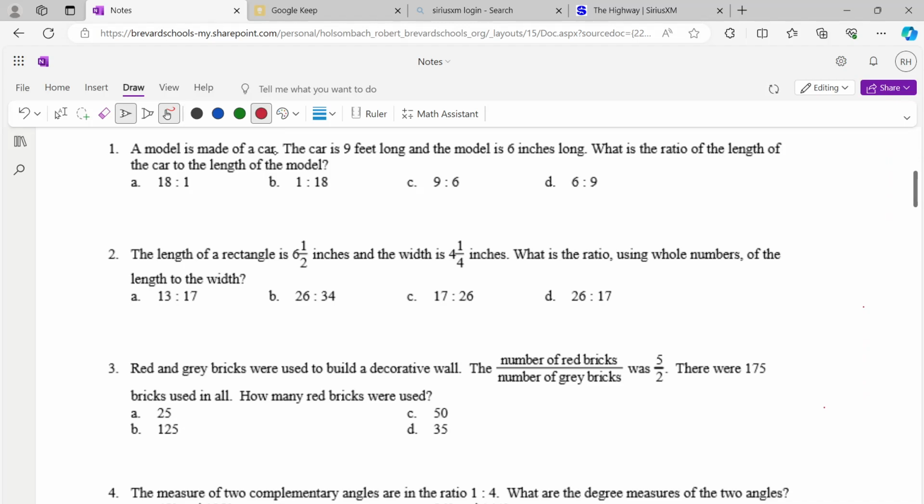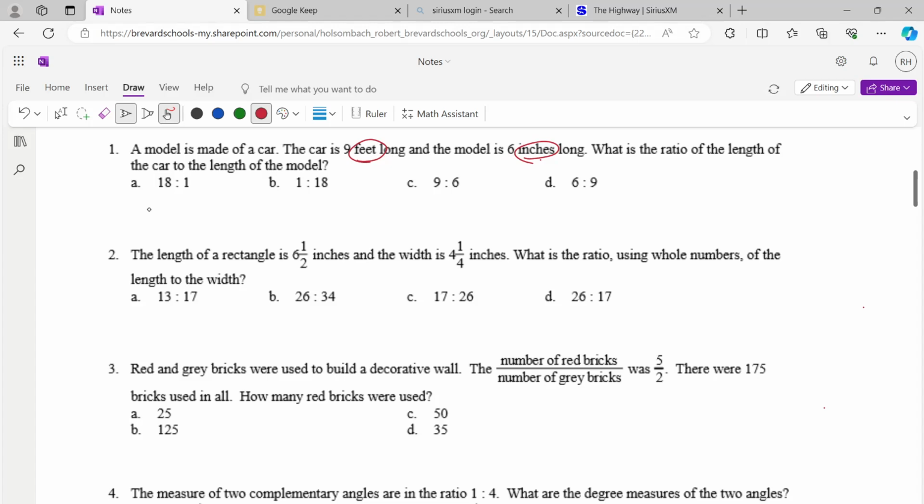a model is made of the car. The car's 9 feet long, the model is 6 inches long. Pay attention to this. This dimension's in feet, this dimension is in inches. Okay? What is the ratio of the length of the car to the length of the model? We need both of these dimensions in the same unit of measure. Okay? So if we convert everything to inches,